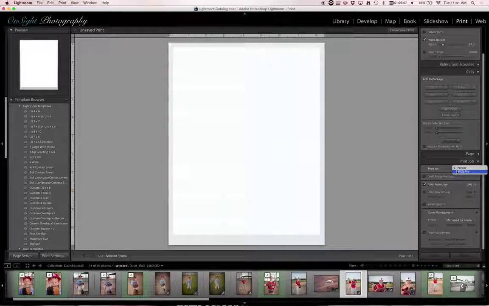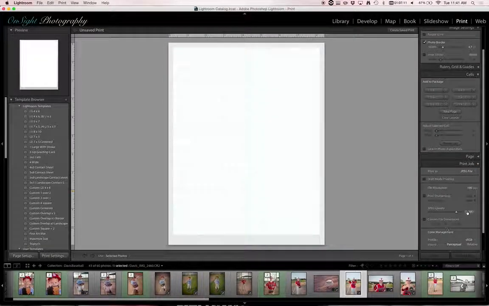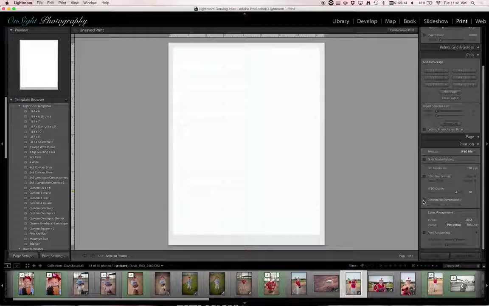So I'm going to go down and I'm going to select, I think I'm just going to lay this out as a JPEG. So I'm going to go under print job. I'm going to lay this out as a JPEG so that I can choose a custom file size. Because I could probably go in my print settings, but I know I'm hooked up to this black and white printer and that's not going to work well. I don't know if this computer,